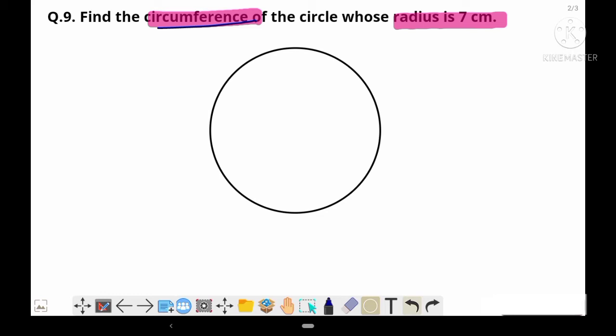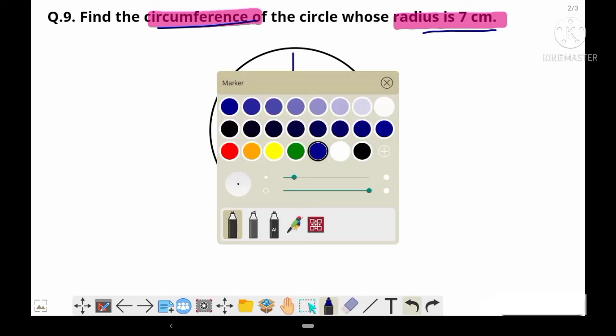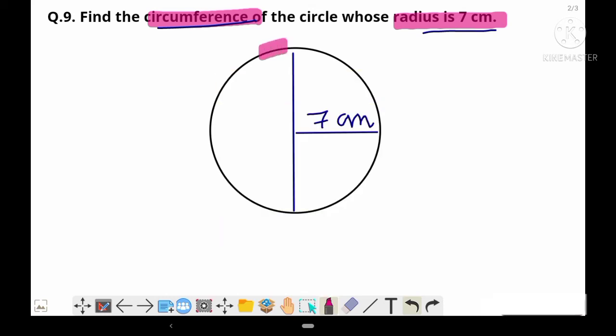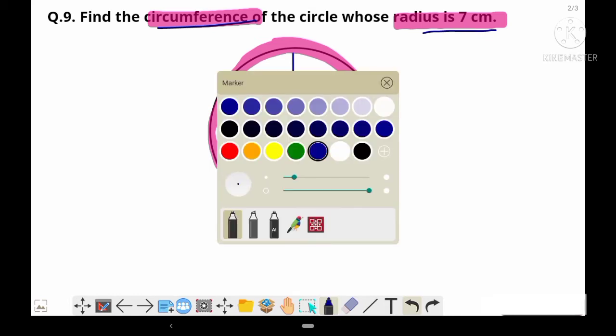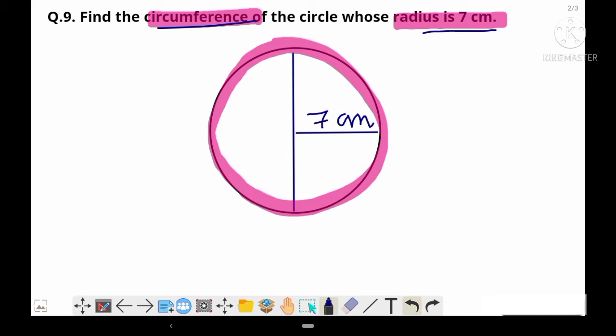Let's consider this as a circle with radius 7 cm. So let this be the diameter and let this be the radius of the circle. According to the question, this is 7 cm, right? And the perimeter means the boundary of the circle, so this we need to measure. This is the boundary of the circle, that is perimeter, and that is circumference. So students, do you all know what the formula for circumference is? Of course you must know, that is 2 pi r, where pi is equal to